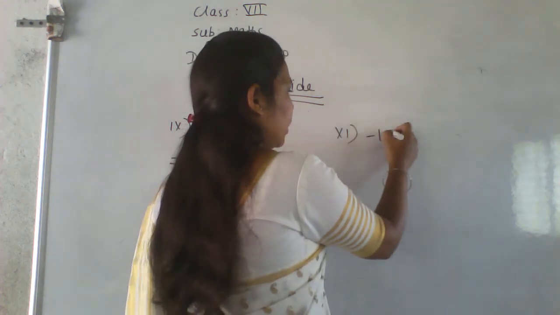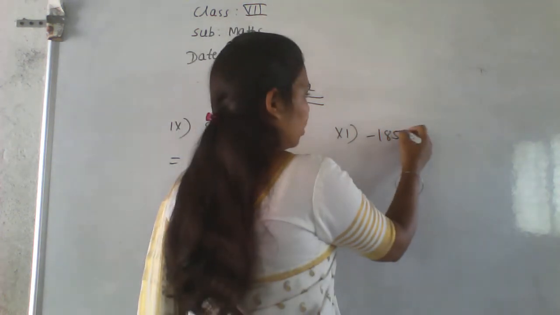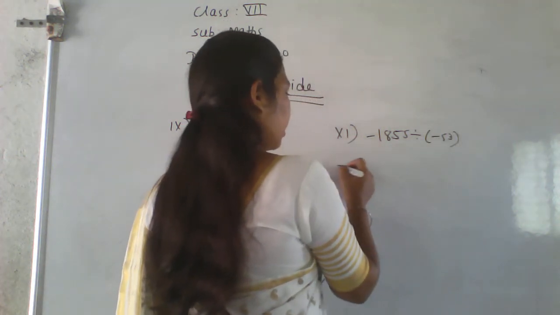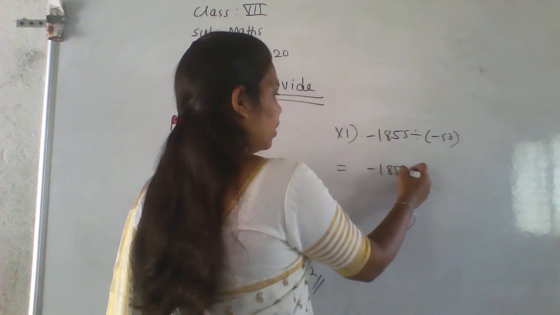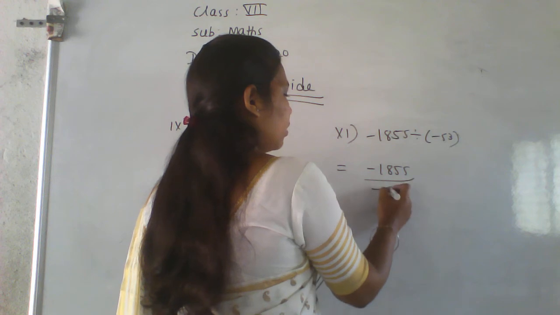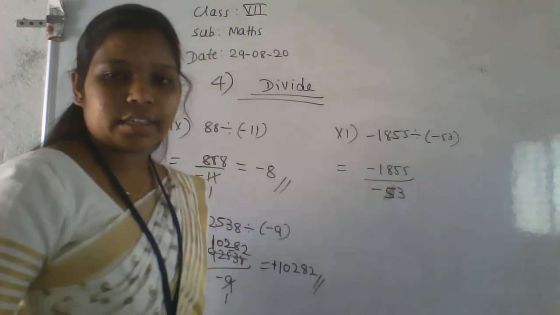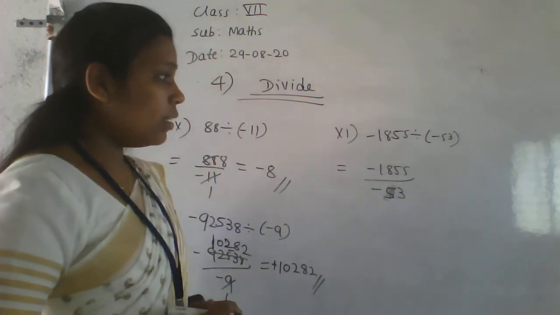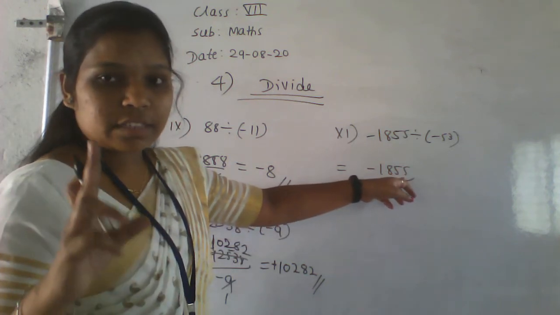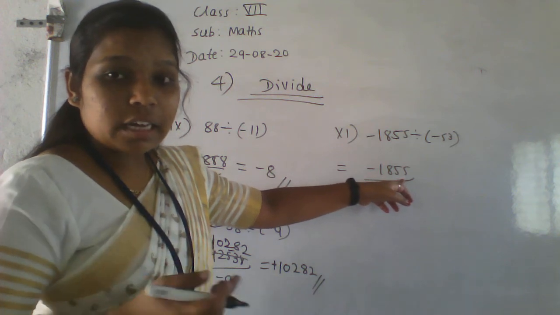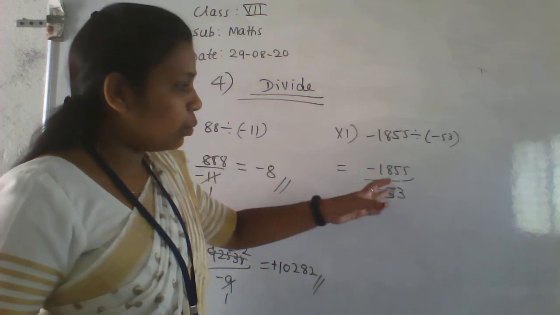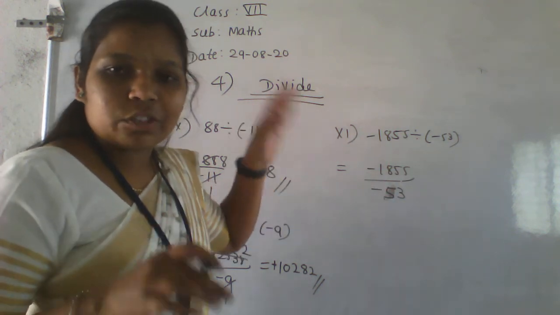That is minus 81855 divided by minus 53. Okay. So here minus 1855 divided by minus 53. Okay. Whenever there is a bigger number in the denominator and numerator, the last value you have to check. Ones place value you have to check. Okay, I am just giving a hint, an easy method for division. Okay, if you are understanding, then do that. Otherwise do the normal division, then write the answer.